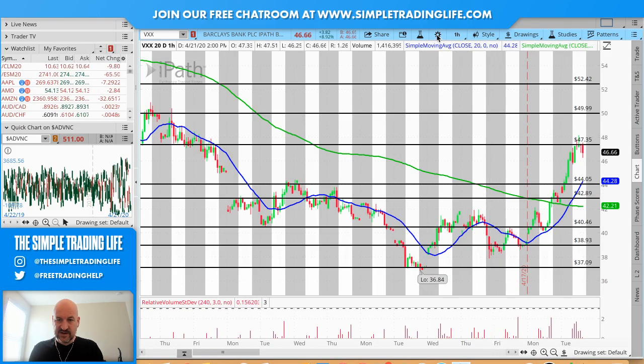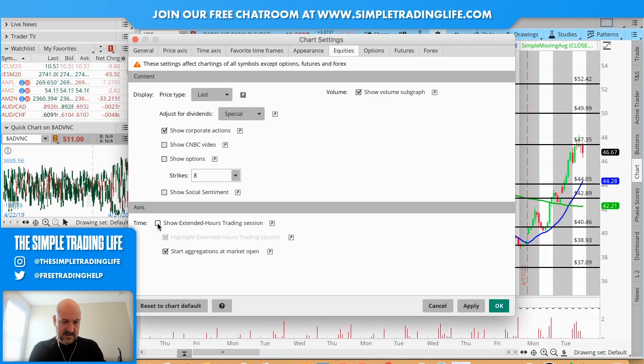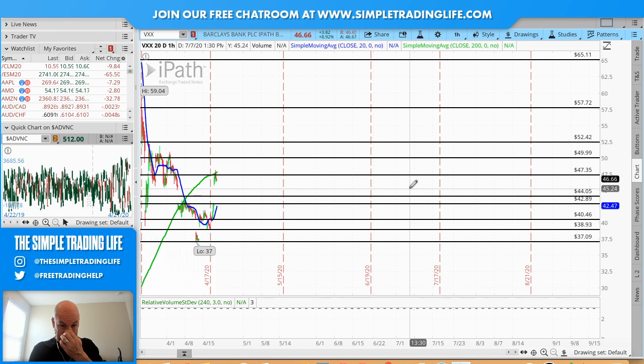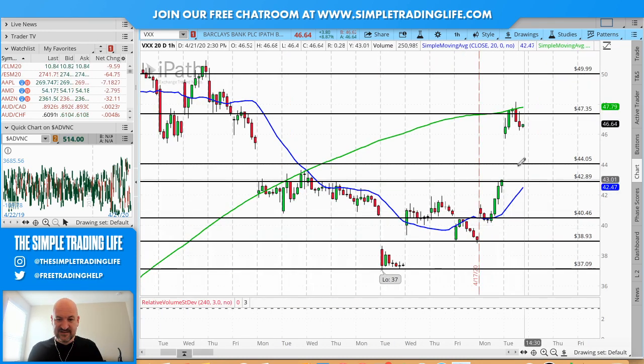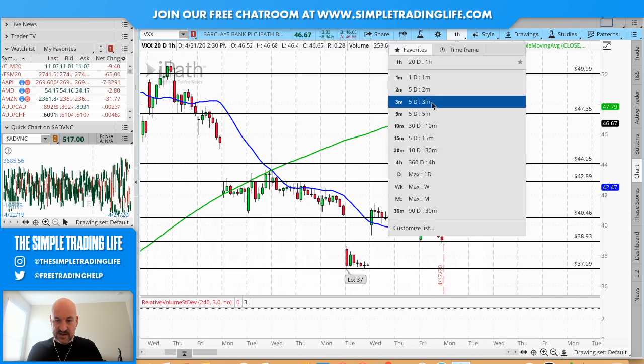In fact, let me get rid of the after hours. It's going to make this a lot easier for me to see. Okay, see how it just got rid of all that stuff? Okay, makes it a lot easier to see. It also shows us the gaps, and I like to see the gaps. And we moved back up, come back over. All right, so what I see here, if I go back to the 30-minute,